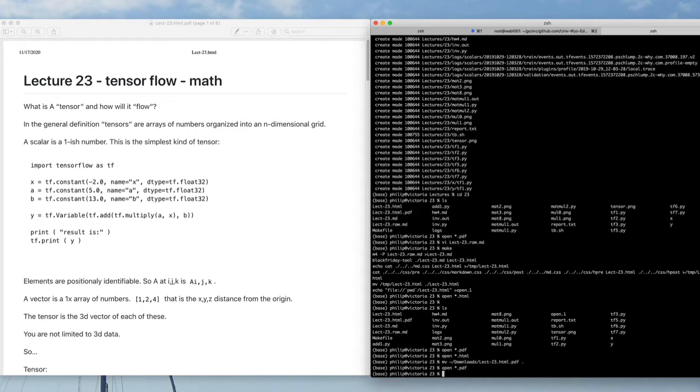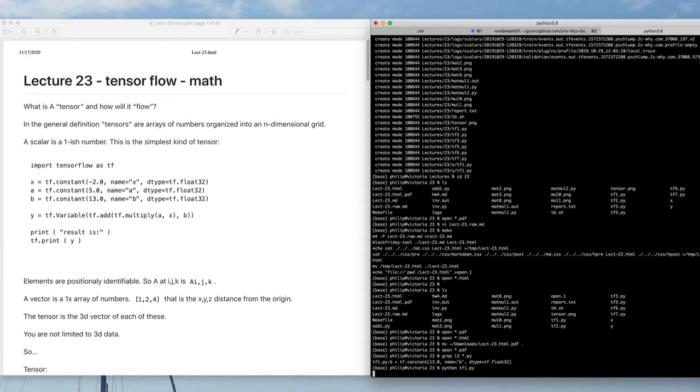In this case, we're going to take a times x, which is 5 times minus 2, and then we're going to add b, which is ax plus b. You've probably seen that in some algebra class before, as the point-slope solution for a linear line, and we'll get the result. And let me actually run that once, but here's the piece of code for it. And this piece of code, tf1.py,